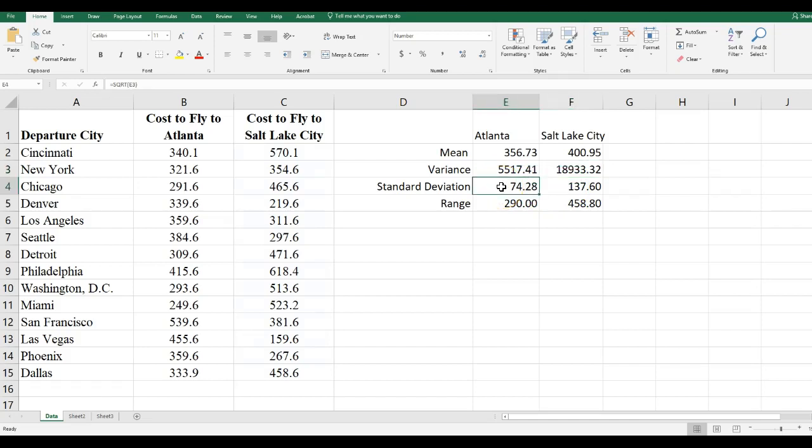The standard deviation, as you know, is the square root of the variance. So we use =sqrt and select the cell containing the variance to take the square root of that value. Likewise for Salt Lake City as well, the square root of the variance. For the range,